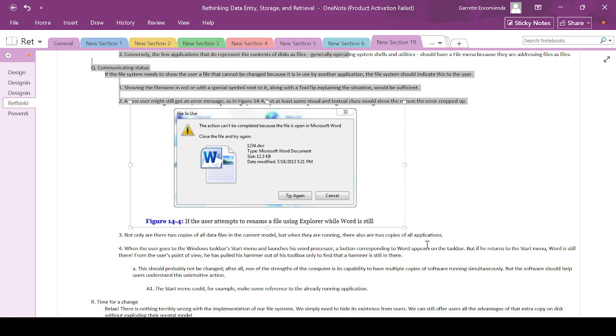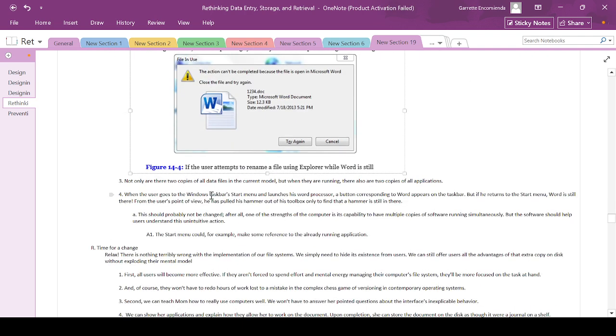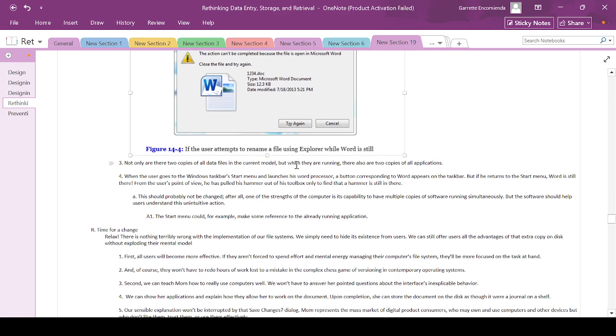A new user may still get an error as shown in figure 14.4, but at least some visual and textual clues would show the reason the error cropped up without actually opening the file. That saves the user the time of opening it. Figure 14.4: the user attempts to rename a file using Explorer while Word is still